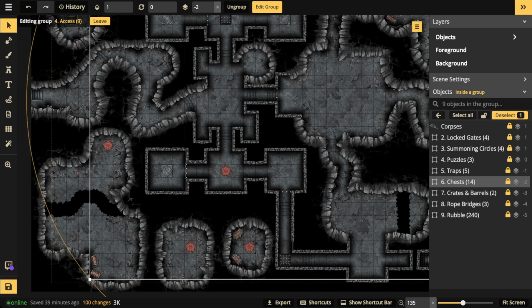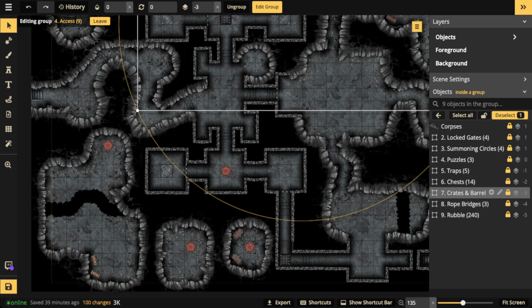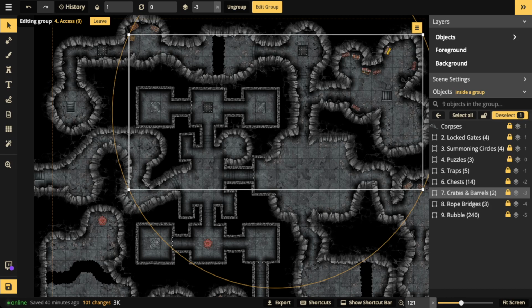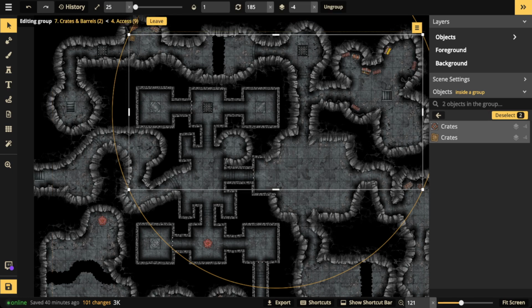So crates and barrels fall into the same category as chests. If you're like Zelda running around beating up pots, waiting for rupees, it's the same thing with your crates and your barrels. Maybe there'll be some important things inside of the crates and barrels that you want to find, right? So crates and barrels are going to be super, super duper important when you're